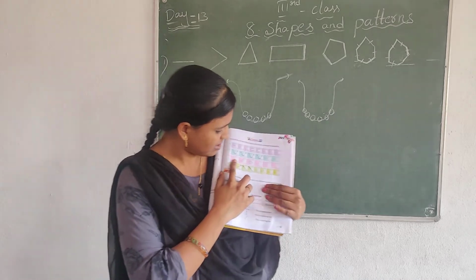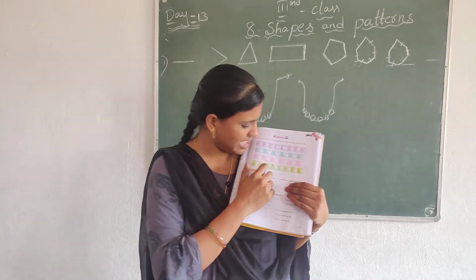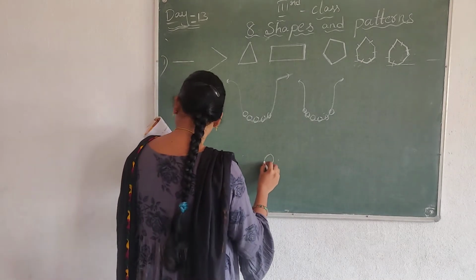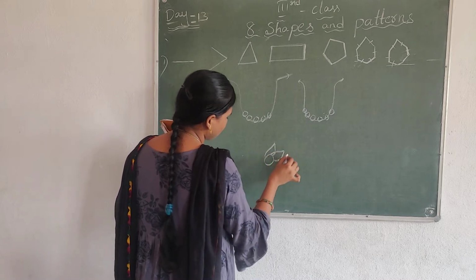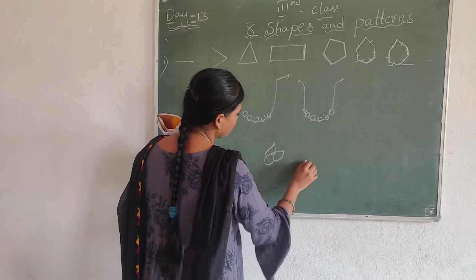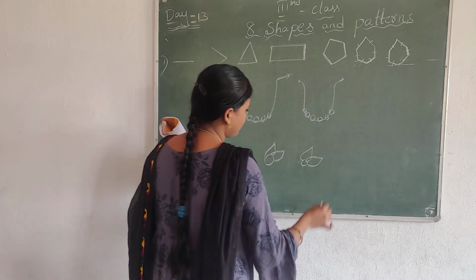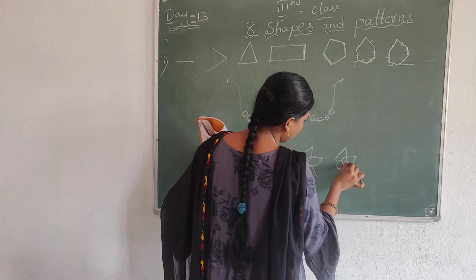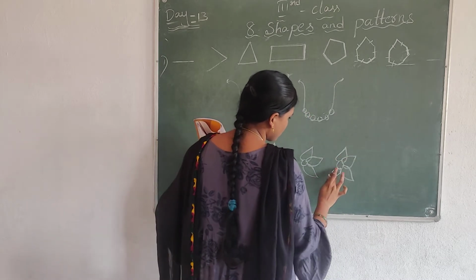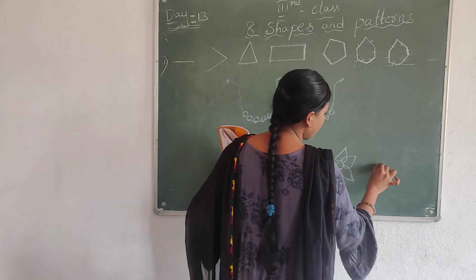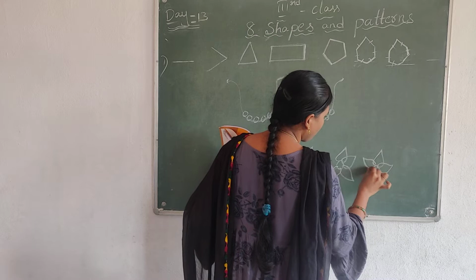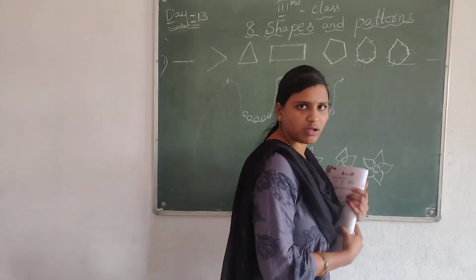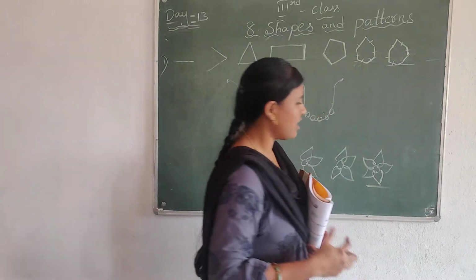Let's see, here we have 1 circle and we drew 1 leaf, and see, 1 circle, 2 leaves, 2 petals. In the next diagram put 3 petals. In the next diagram put 4 petals. In another diagram, put 5 petals. Okay. So the flower has come. The last one is a flower.